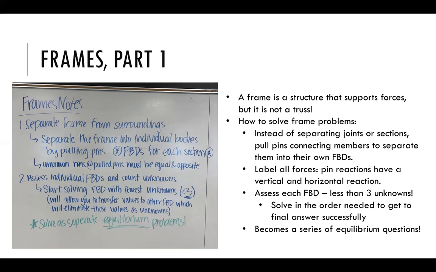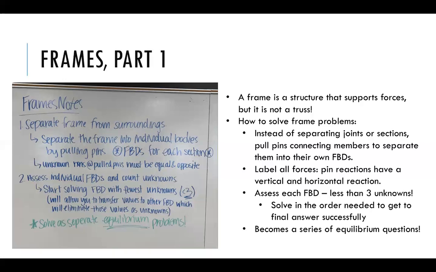So like in that problem that I was just talking about, the diagonal member was a two force member because there were no other forces acting on that body at all. And we assigned that FBD and then pretended it didn't exist anymore. And then in terms of solving the rest of the problem, we just separated the pin at the top of the vertical and left of the horizontal members and then broke it up into two separate members instead of one joined frame. So by doing that, you create two free body diagrams, one of which will have three or fewer